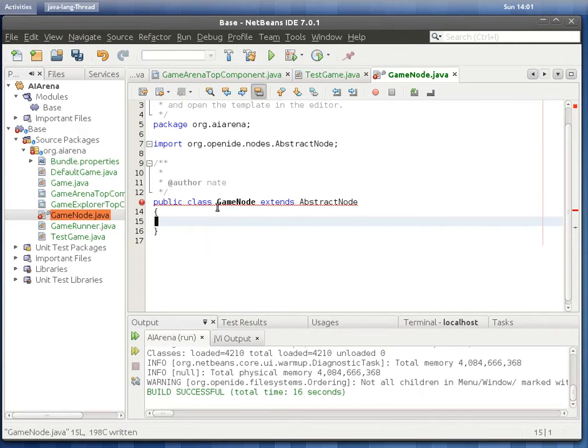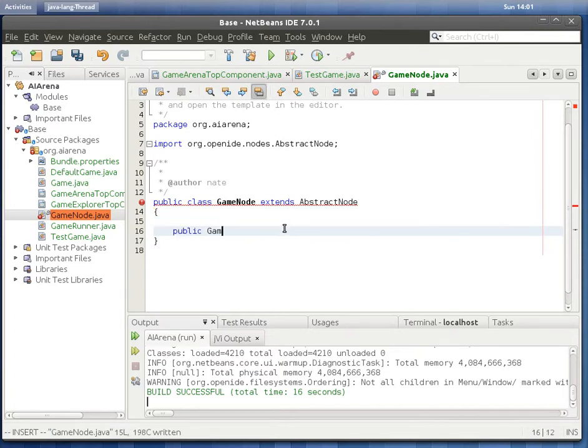So let's implement the GameNode now. We implement the GameNode with the following code. The GameNode will be the node for a particular game. Call it an object of a particular type, call it a game. And we need to call a super AbstractNode constructor, which will take in the type of the node